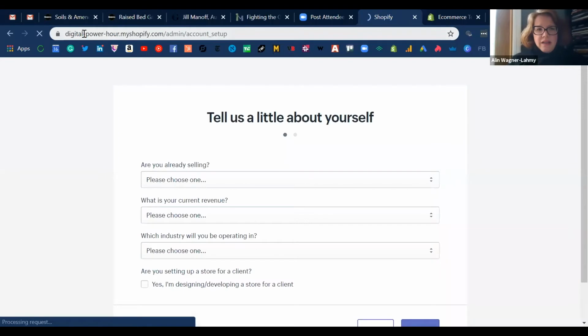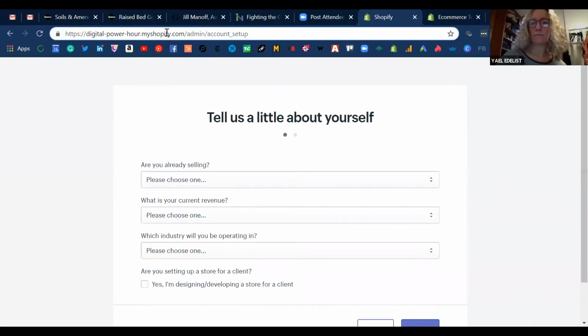Those of you that, if you look at the URL, can you see the URL on the presentation? Where it says https://digitalpowerhour.myshopify.com. Yeah. Right. So once you created the store, you want to connect it to your URL with your store name, such as sandylouseattle.com or ericawow.com. Whatever your name is, and I strongly recommend that the URL is the name of the store